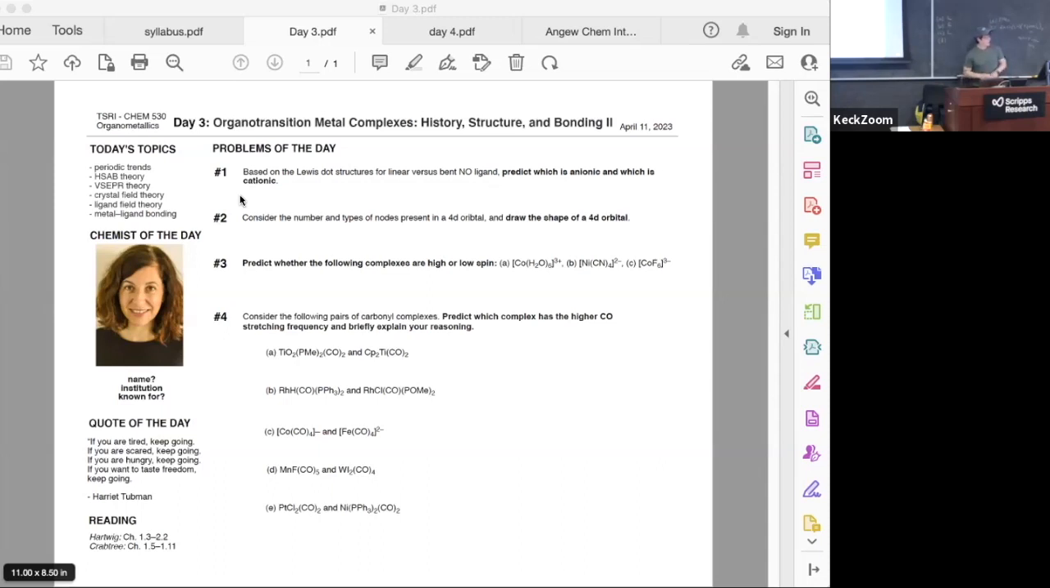Beautiful. And in addition to that, remember that if you compare cobalt to iron, cobalt is also a little bit more electronegative. So it's going to hold on to its electrons more tightly. Okay, now